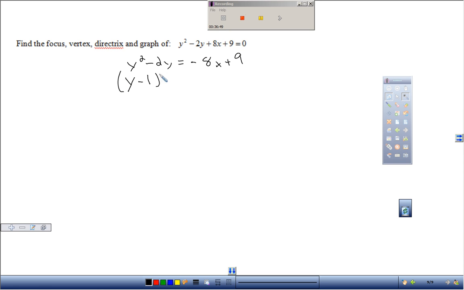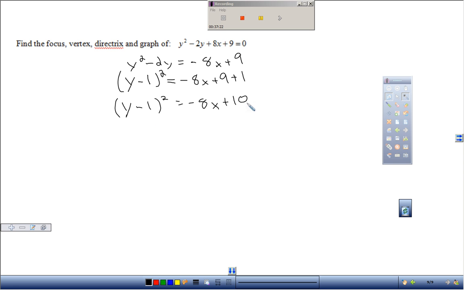So I go like that, square that, and when I FOIL this out, I get y squared minus 2y plus 1. So I've added 1 to this side of the equation, so on this other side of the equation, I have to add 1 as well. And now I have y minus 1 quantity squared equals negative 8x plus 10, and then what do I need